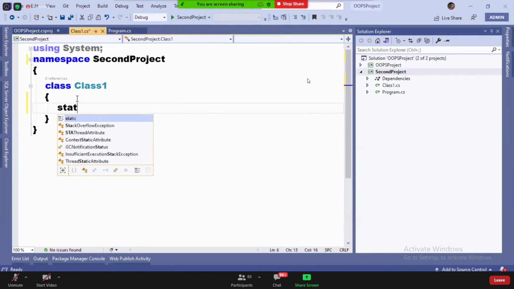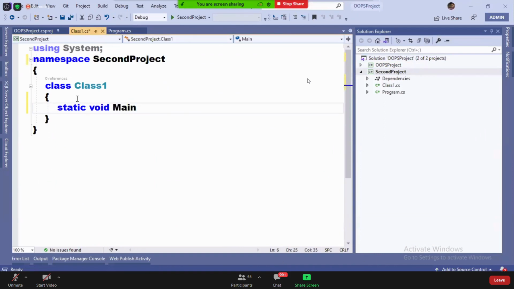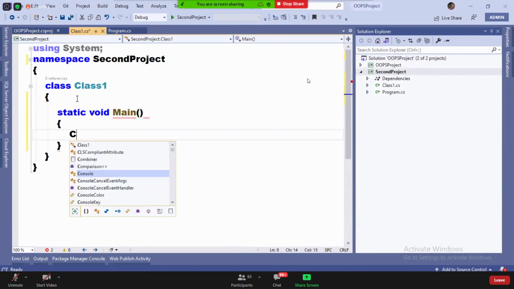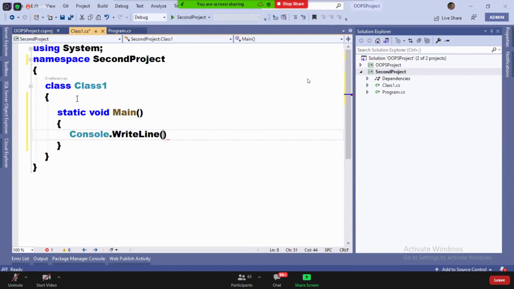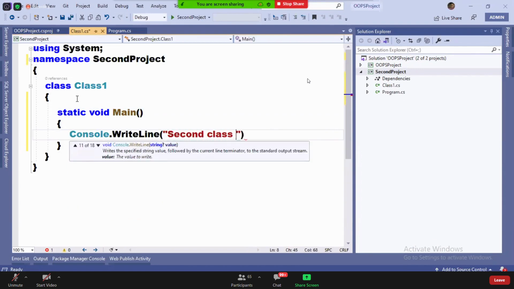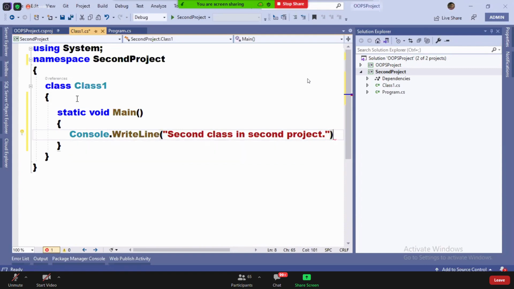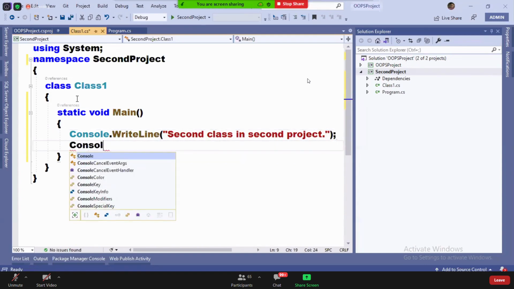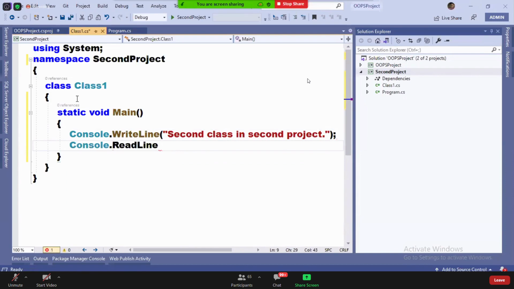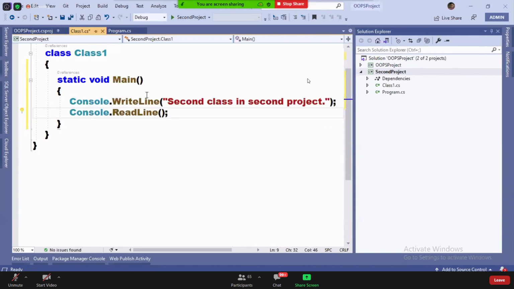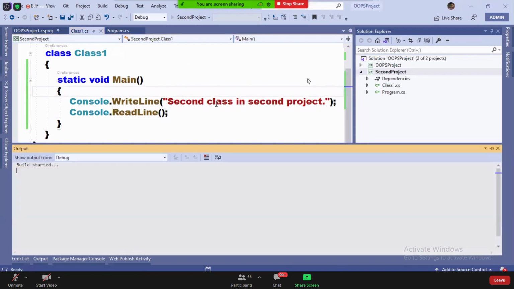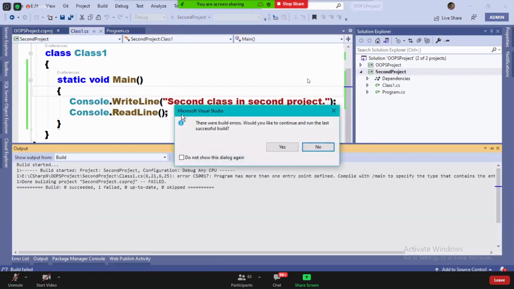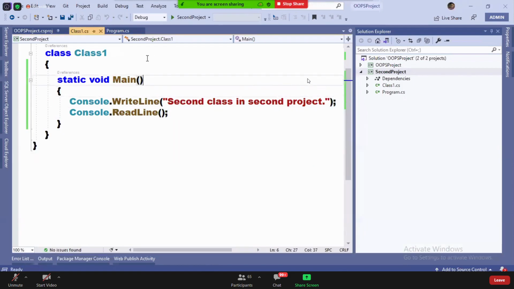Now I'm writing static void Main, Console.WriteLine "second class in second project", and Console.ReadLine. Guys, observe it. Now when I run this, I'll get a problem: multiple entry points. So I require to set the startup object.